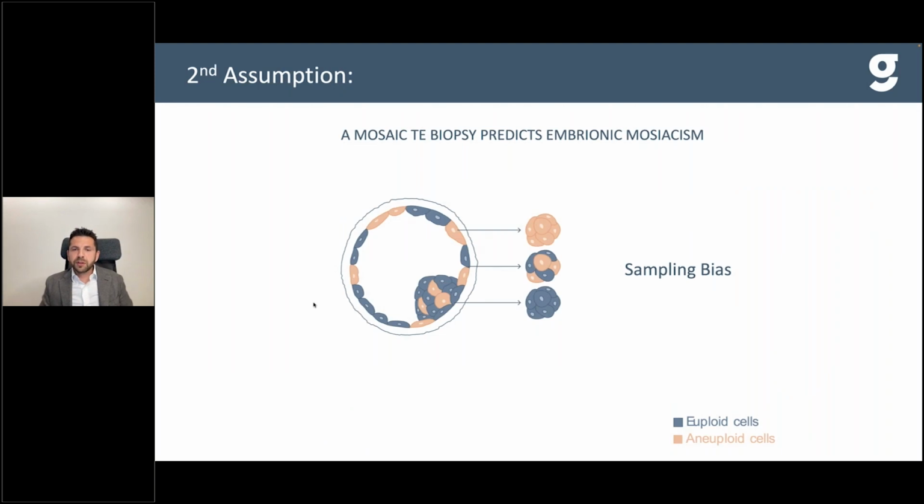The second very weak assumption behind the classification of mosaicism is that by definition we will always be subject to sampling bias, which means that if we define a percentage of mosaicism in one biopsy, this doesn't mean that this will be the same in the resulting embryo. This type of analysis will always be subject to sampling bias, and by definition, we won't be able to predict with enough accuracy what the mosaicism rate is in the whole embryo by the analysis of a single sample.